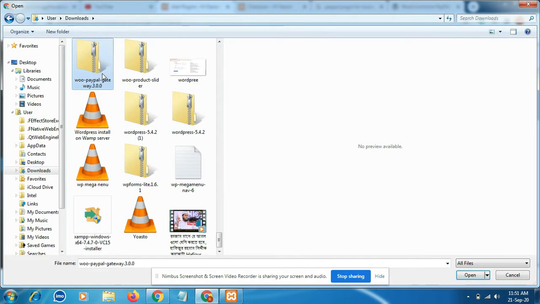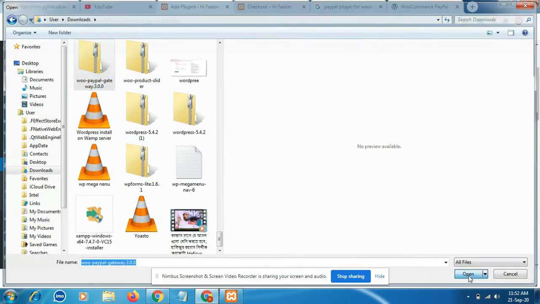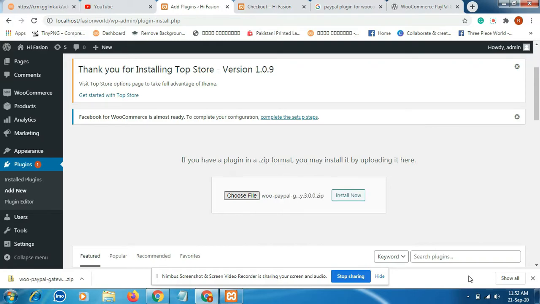I downloaded my file in this folder. I am selecting my folder, then click open, then click on install.